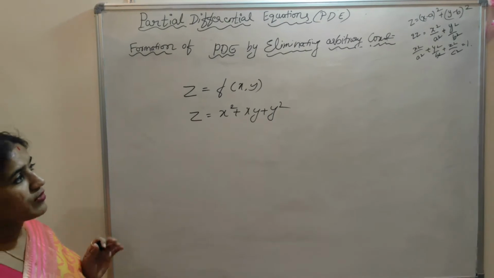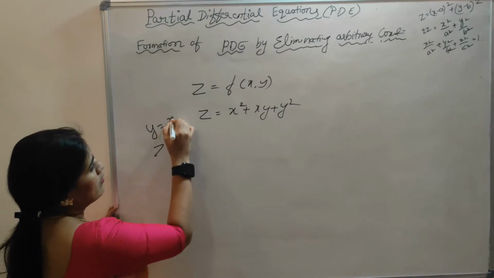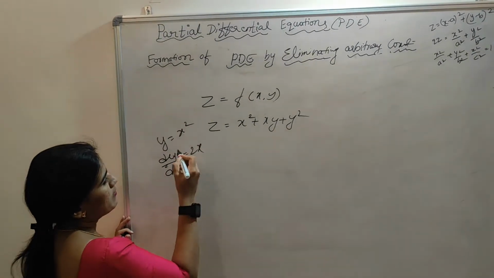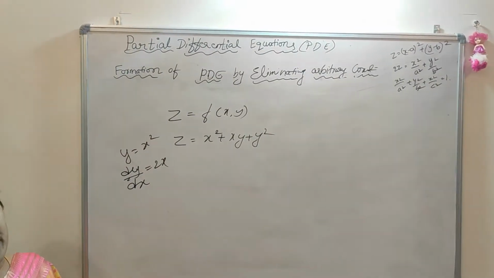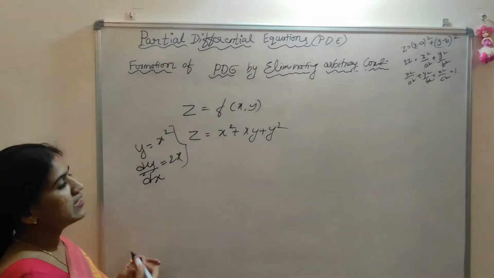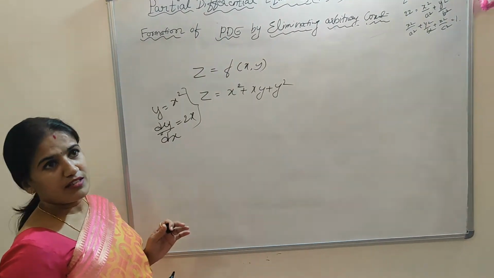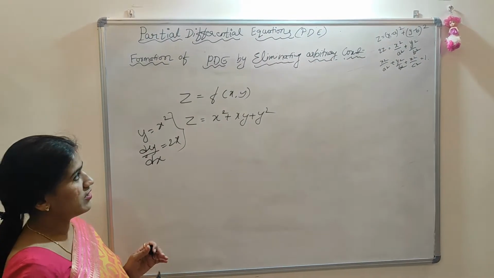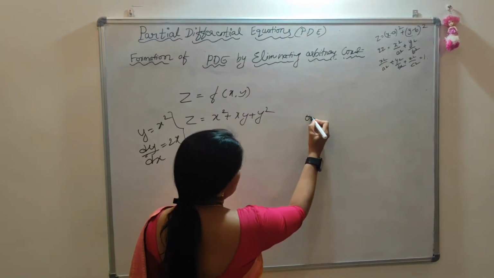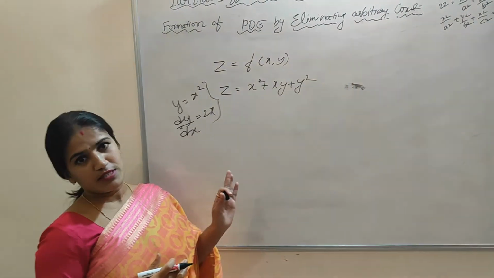In such cases, we will not do ordinary differentiation. If y = x², then dy/dx = 2x, because y depends on a single independent variable. In such cases, we do ordinary differentiation, that is dy/dx. When a function depends on more than one variable, the differentiation is partial differentiation. The rule of partial differentiation is: when you differentiate with respect to one variable, we should treat the other variables as constant.